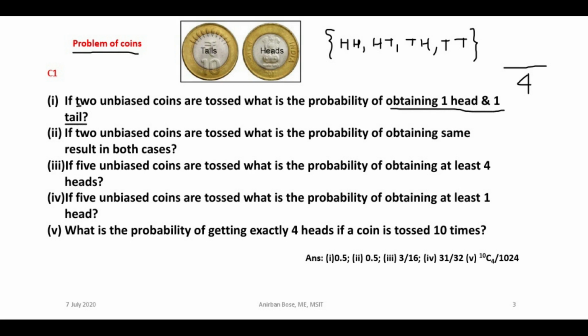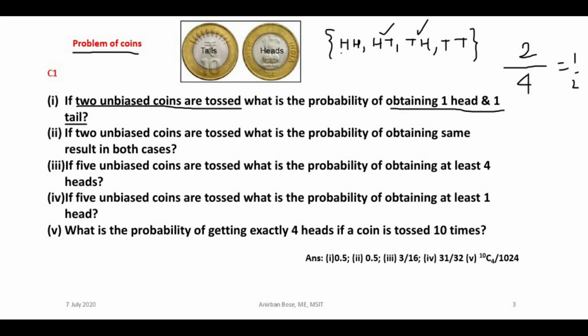What was the random experiment? Two unbiased coins are tossed. This is the random experiment. So when you look at the problem, always try to understand which one is the random experiment with which you have to find out something. When you see the random experiment, then you can find out the denominator. To find the numerator, what is the favorable case corresponding to that particular event? One head and one tail. So this one and this one. So 2. So the answer is half for the first case.